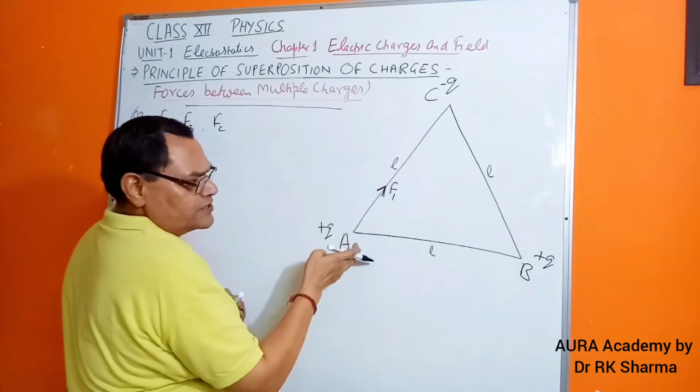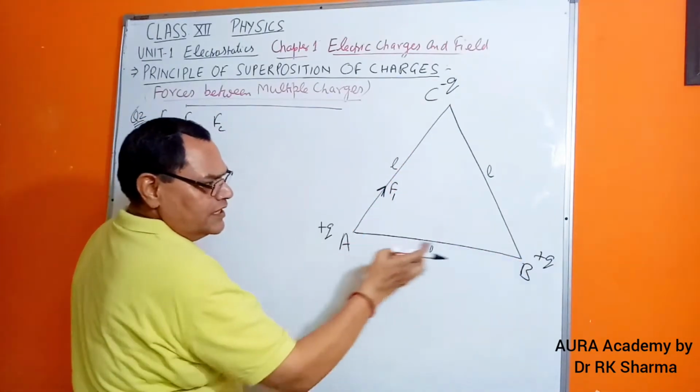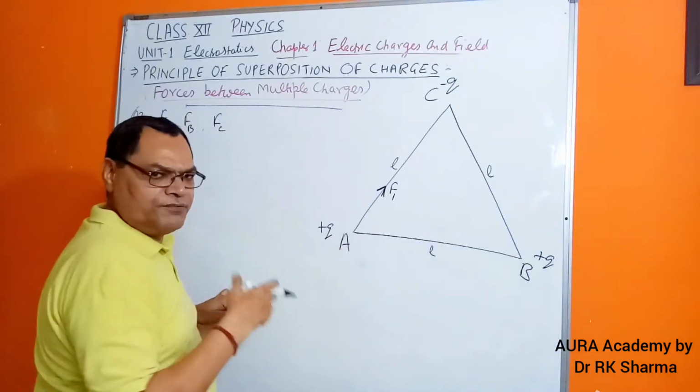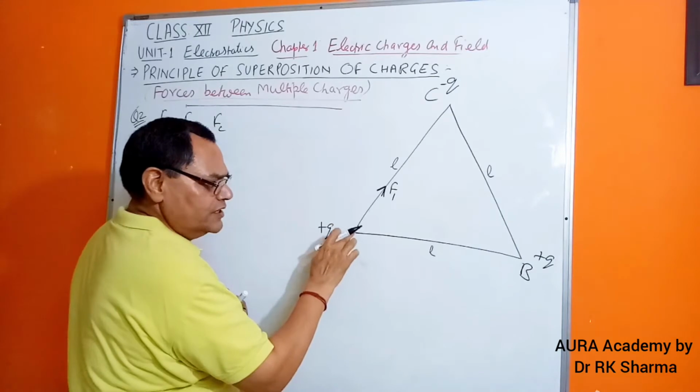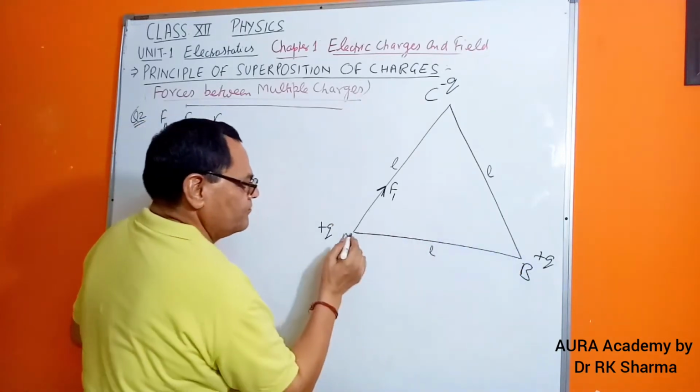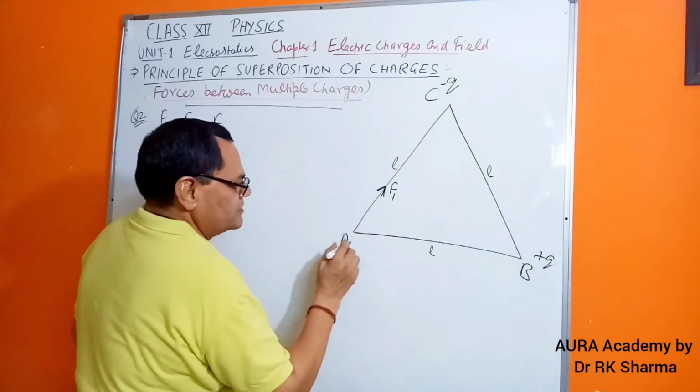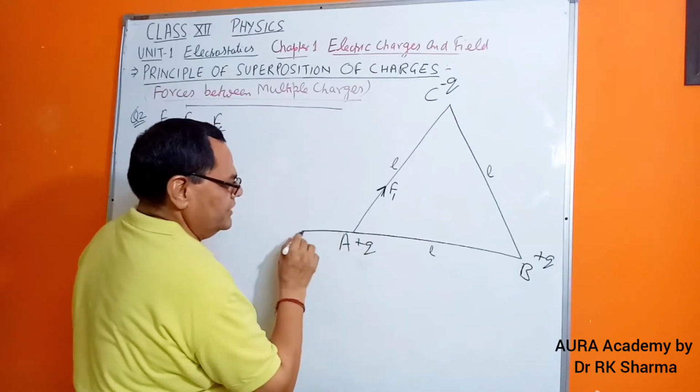So this is one pair of force, and the other pair of force is this. This is positive, this positive, force of repulsion. So because of the force we are finding, it will be repelled by this. So the force of repulsion will be, let me put it positive here, so this will be like this.